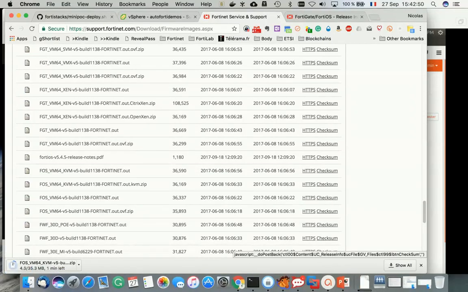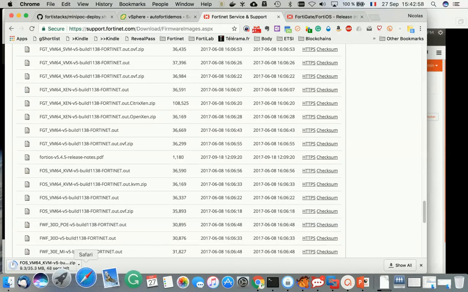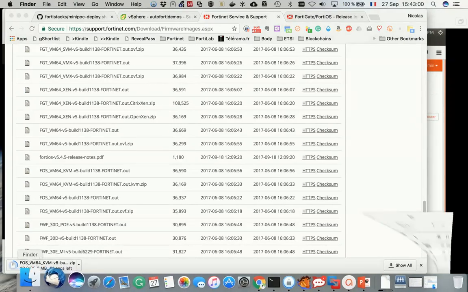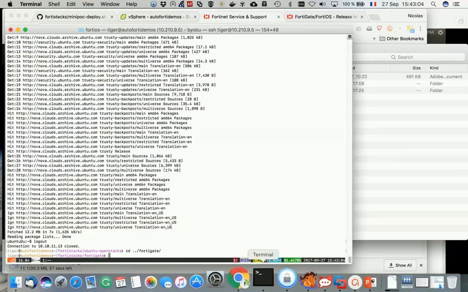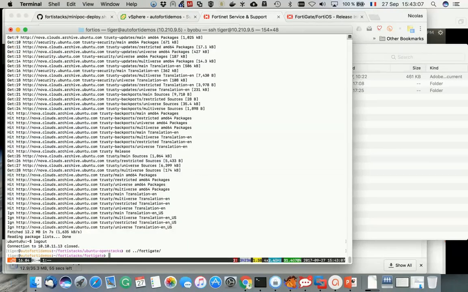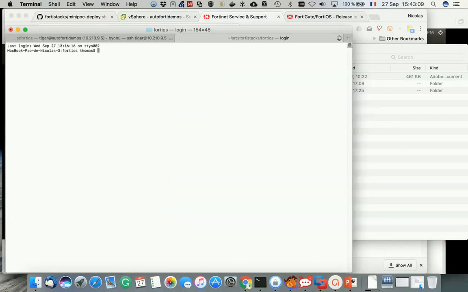So my image is downloading. As you can see, it's a very small image, 35 megabytes, which is, I can say, based on the last ETSI plugtest, the smallest image of all the VNF vendors. So let's push that